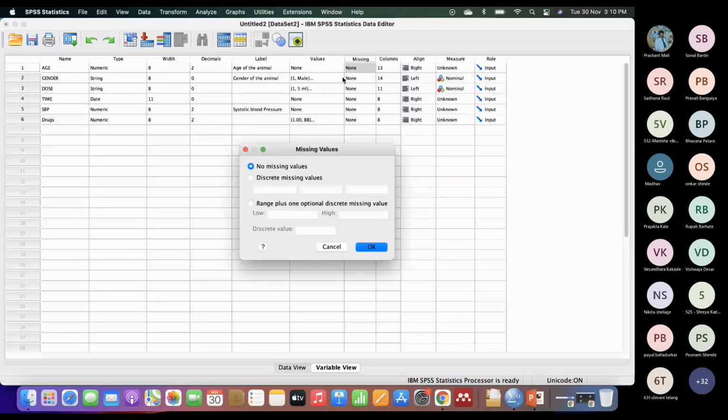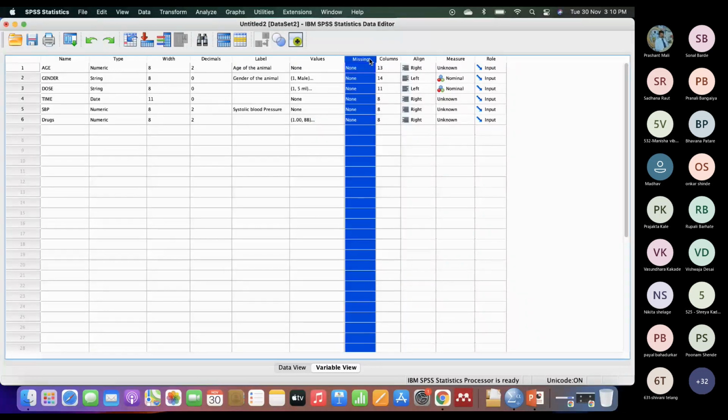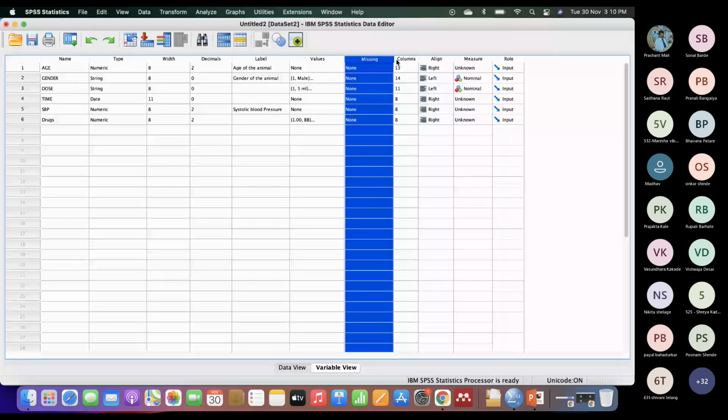Next variable is missing. It is not necessary that we are going to get the data of all the variables. Sometimes data will be missing. So that time this missing command will be added, and in the SPSS community all the missing values will be represented